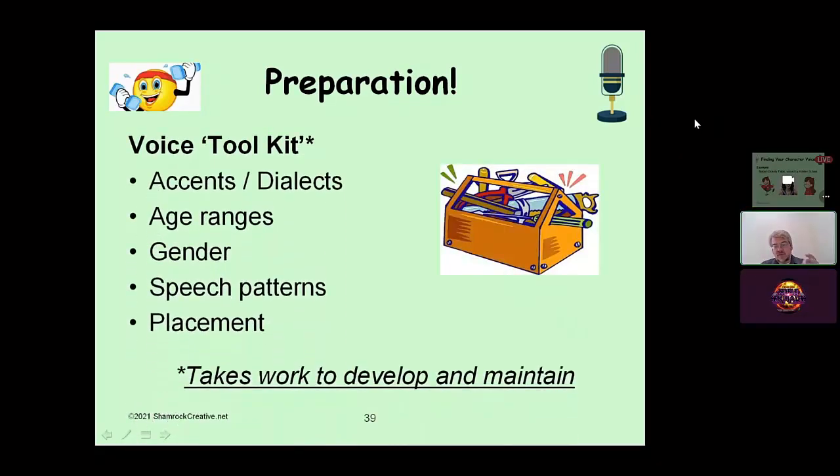So your toolkit can be different age ranges of voices. It could be different speech patterns, gender, of course, accents. That's a huge one, and voice placement. What does that mean? So maybe the voice is way up in your head here, or maybe it's down in your chest more. It's a deeper voice. It's a little more resonant. Or it could be,